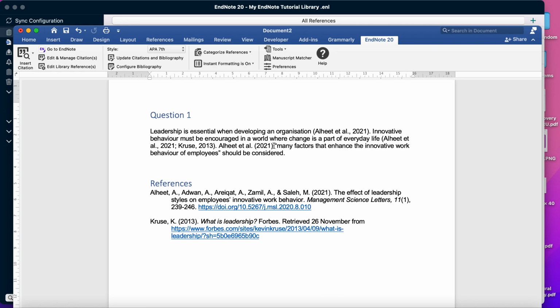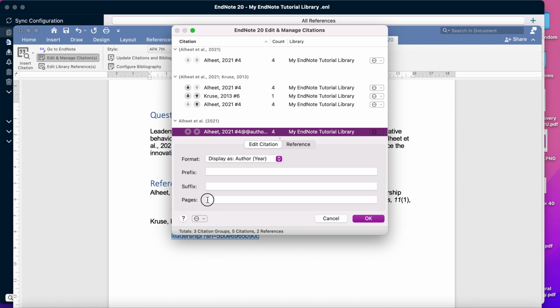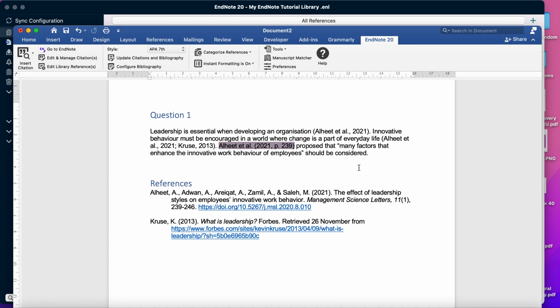So Al-Heed proposed that many factors that enhance the innovative work behavior of employees should be considered. Now it's a direct quote, but the quotation marks around. I also need the page number, so I go back into my edit manage citation, and this time I find the page number that it's actually on, and in this case it's on page 239. So I click OK. So now I'm saying that these authors on this year, on page 239, wrote this. So I'm acknowledging the author,